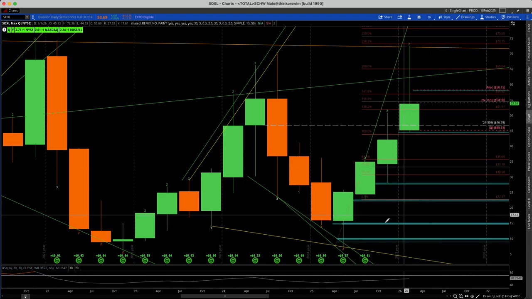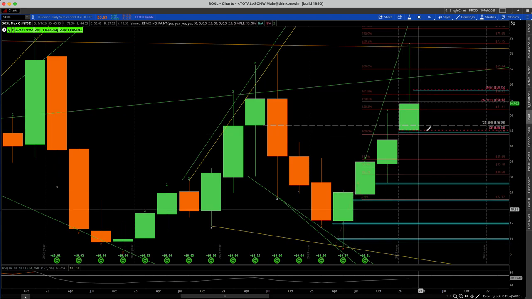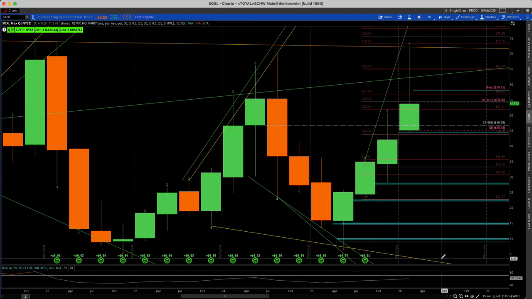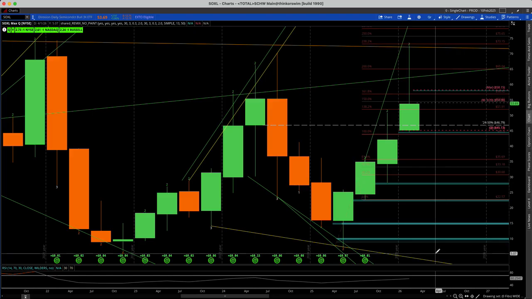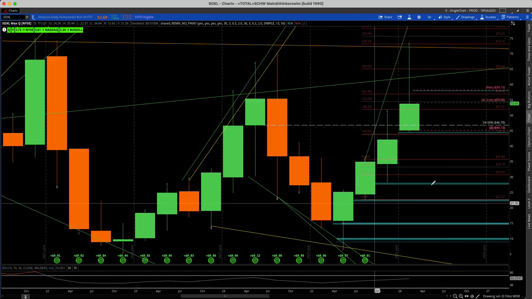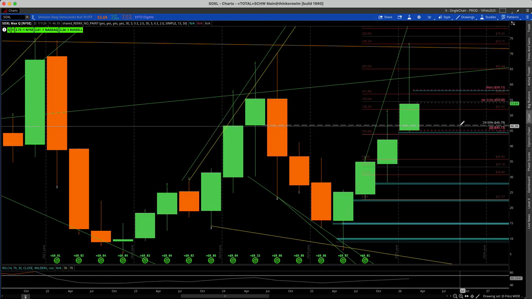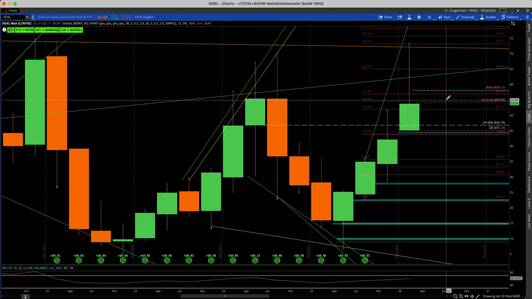Now it leaves a lot open. We could come back down just to make equal high, or even equal low, or even make a lower low to expand the price action even more. But that's going to take a while to take shape, if it does take shape. So keeping an eye on the week and the month are really key here, and just play the daily volatility, right? As of right now, we're ranging. Play that range, and